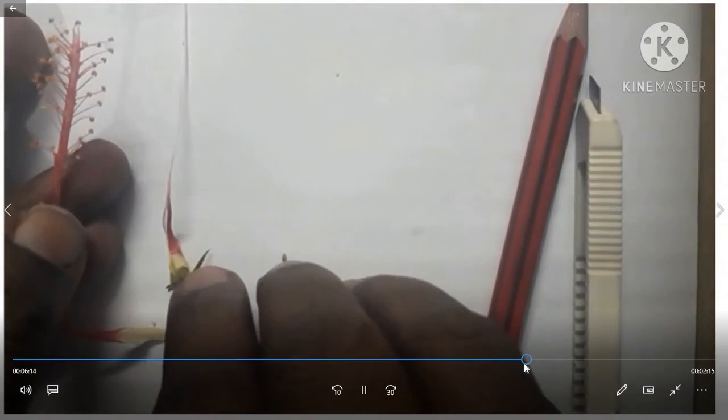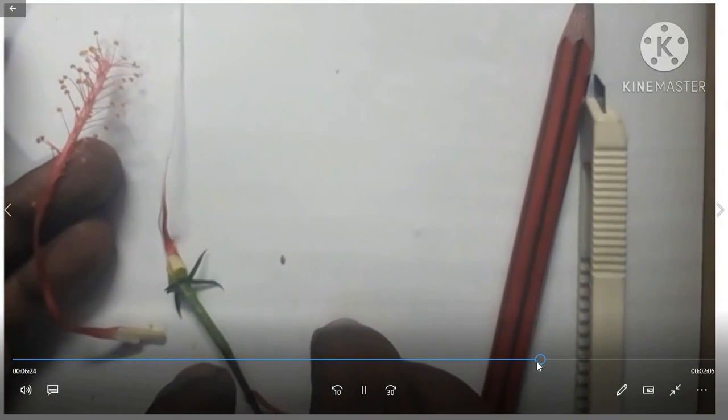The androecium consists of the anther and the filament. Now the pollen grains will be transferred by the insects to the stigma. This is the stigma. It will be transferred to the stigma, and through the stigma there is a tube running, the style. Through the style the pollen grains will reach the ovary, and here fertilization will take place and the fruit is formed. The ovules that I showed you will develop into seeds and the ovary will grow large in size and they will become the fruit.